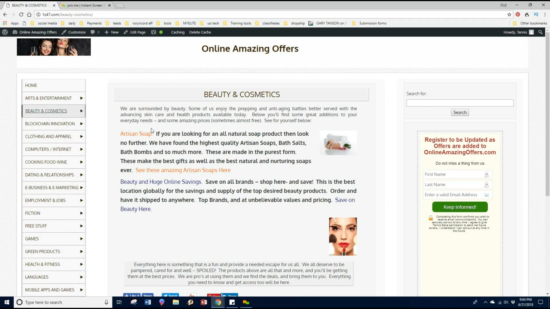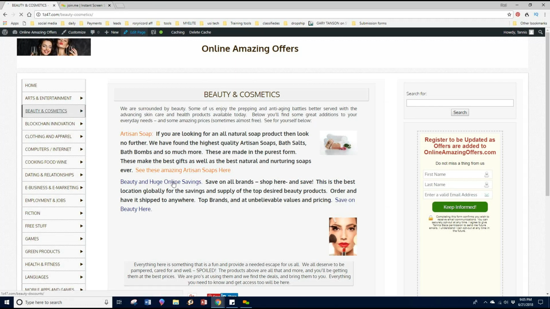So what you want to do is, when you begin writing a new page or when you begin editing, if you switch your keyword, the first thing you want to do is start by using your keyword in the first paragraph. Number one, this lets the reader know what this whole article is going to be about, but it also informs Google. So this is what we're doing it for. We're doing this search engine optimization to get indexed in Google so that when people search for a certain topic, like beauty and cosmetics,